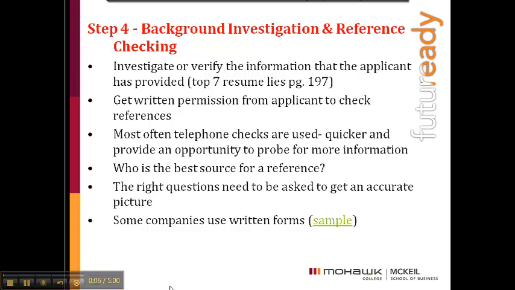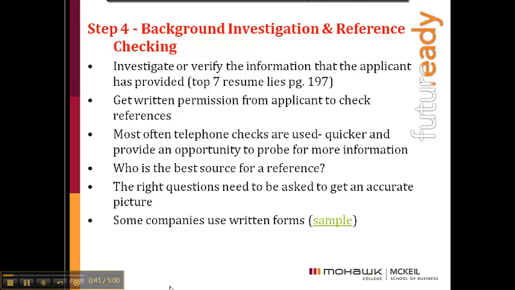And what I wanted to talk about here is the last three steps in the selection process. We talked about earlier in class the first three steps, which were the pre-screening, the selection testing, and then selection interviewing. I want to talk now about the fourth step, which looks at investigating the background and checking references. It's very important to verify the information that the applicants provided, and also to ask questions to get an idea as to whether or not this person's going to be the best fit for that